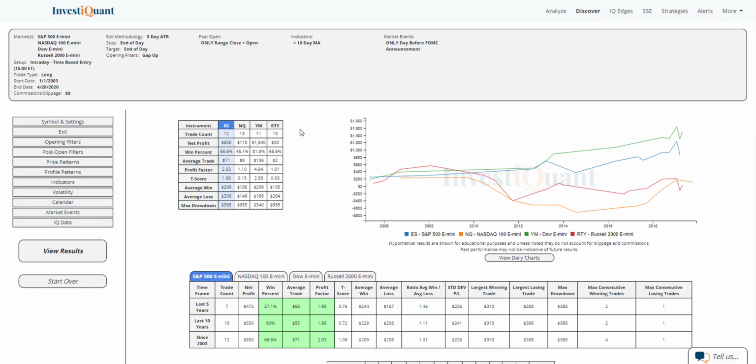Historically, the bias has been to be trading above the open at 3 p.m. Eastern Time, and we're seeing the outliers here where it doesn't happen that often. Based on these samples, it's got a little bit of a bias to the upside, but these are pretty small sample sizes, so it's not really enough for me to be excited about. 12 samples in the ES, 13 in the NASDAQ, 11 in the YM. There's an okay sample size if you combine them all together, and a slight lean to the long side if you do that, but still a rare pattern that has maybe tilted a little bit more to the bull side